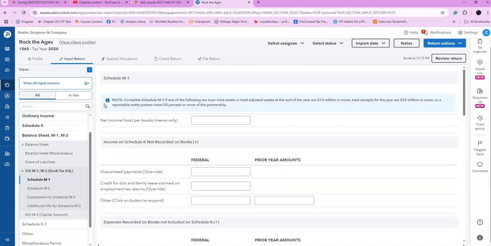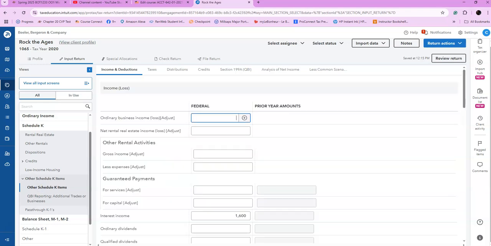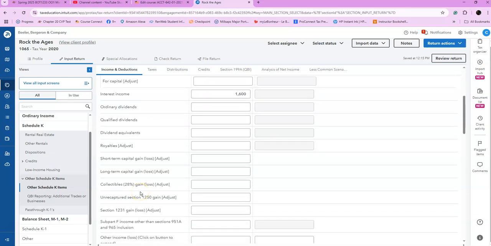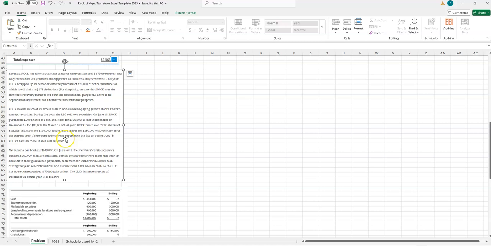And next up, I have a net gain on stock sales, which is also a Schedule K item, but it's not an M1. So I'm going to go to Schedule K, Other Schedule K items, and it was described as a net gain on stock sales. I need to see if it was short-term, long-term, or what it was. So I'm going to go back to my instructions, and it said it sold those shares on December 15th for $80,000. On March 15th of last year,